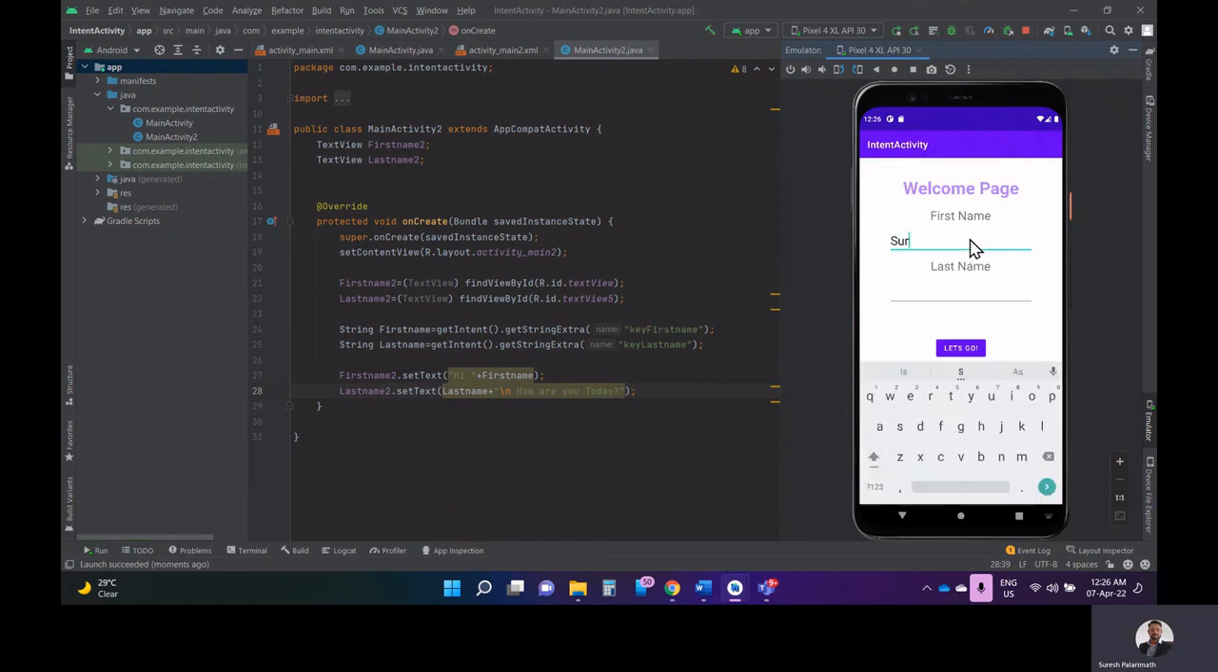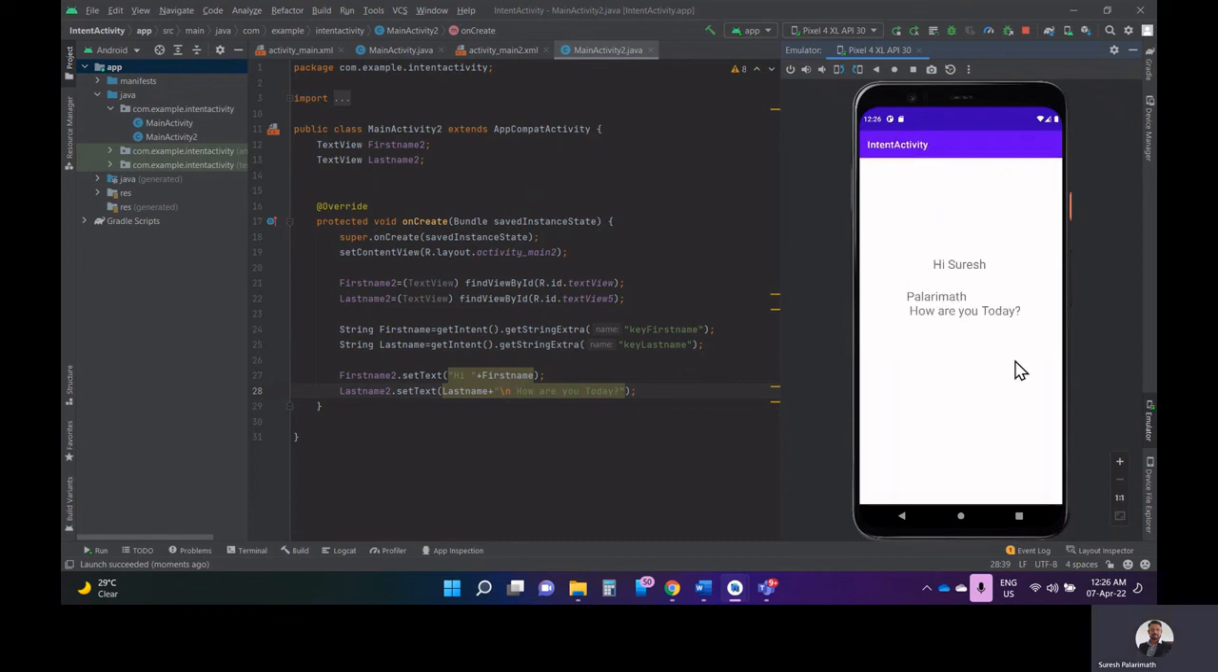So here I will say this, and when I come back here, it's showing like this. Okay, it's utilizing first name, last name both with some message it is passing. Okay, if you want, you can give a name for the second page also, like a login page, registration page, whatever name it is. The same thing, you can use it in your project, and this